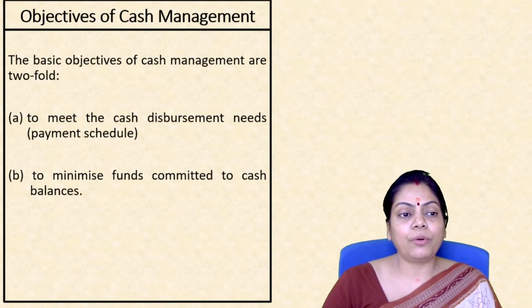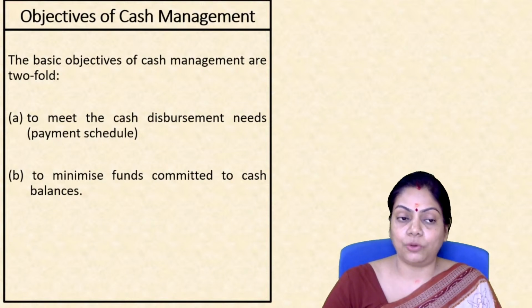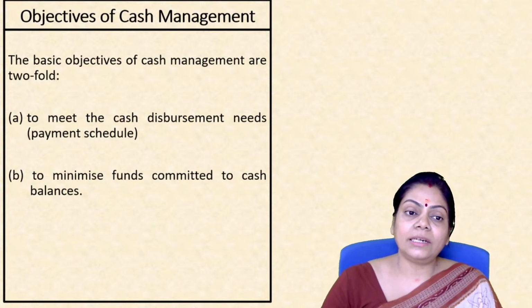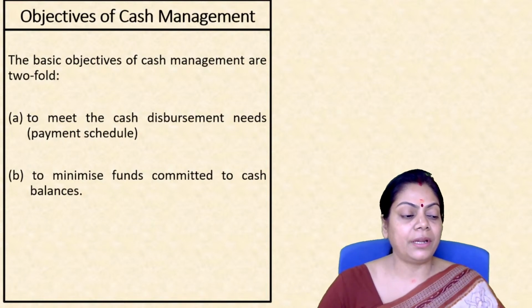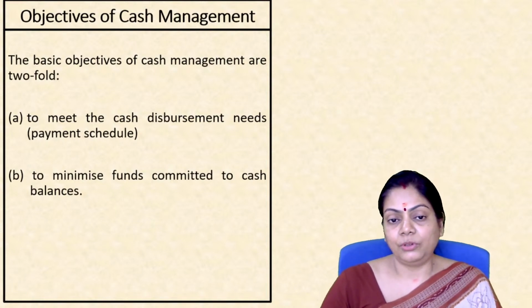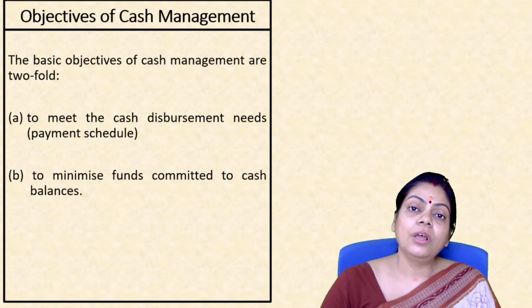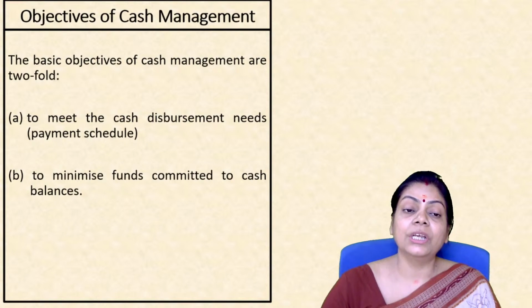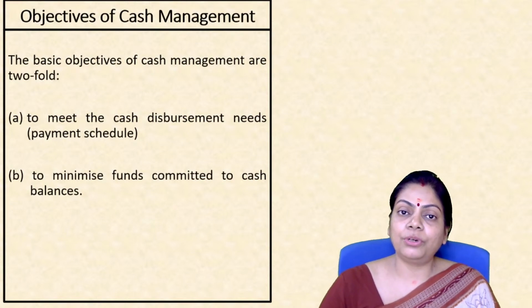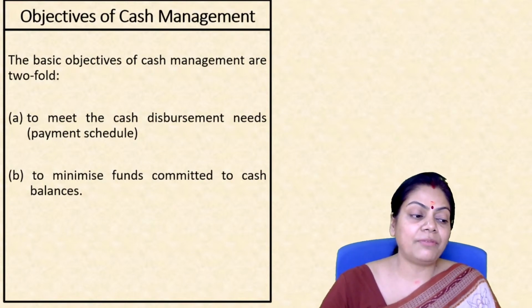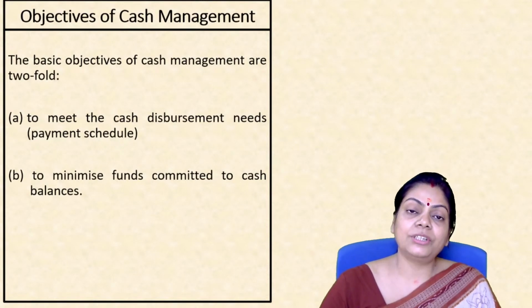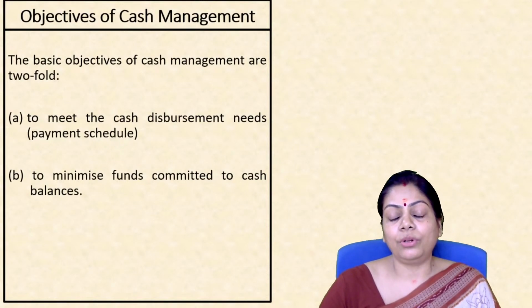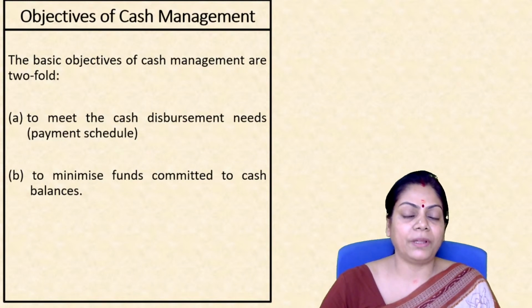So when I'm talking about cash management, the objectives are twofold. That is, as and when you have some kind of a payment coming up, you can take care of your disbursement needs. That means when a creditor or any supplier or any party comes, or the employees, whenever the time comes to release their payment, the company should have enough money to release the payment, because you use cash to pay the bills or pay the salaries.